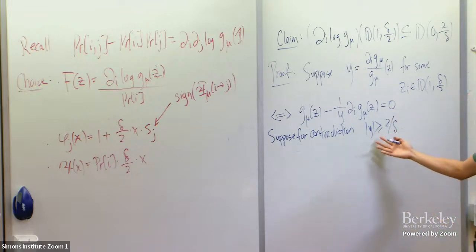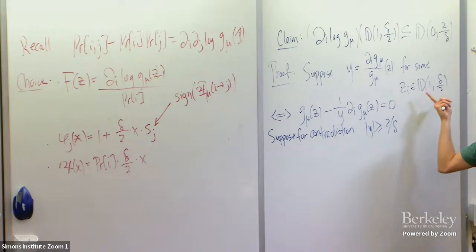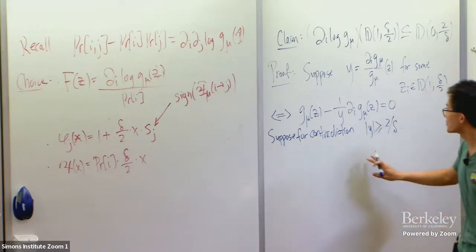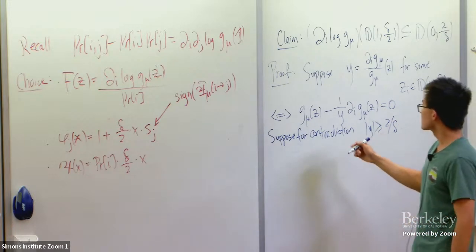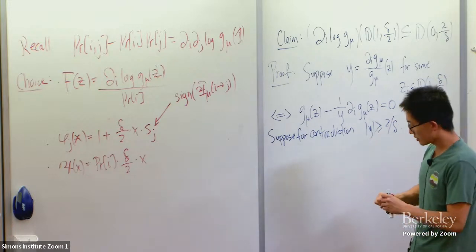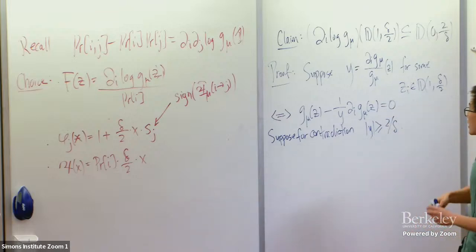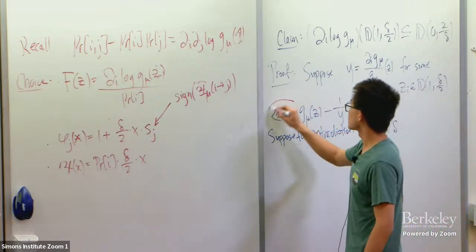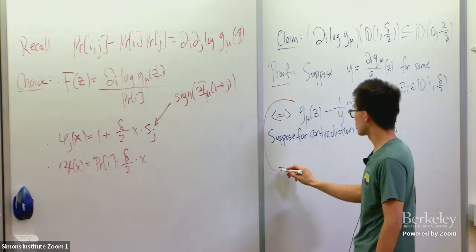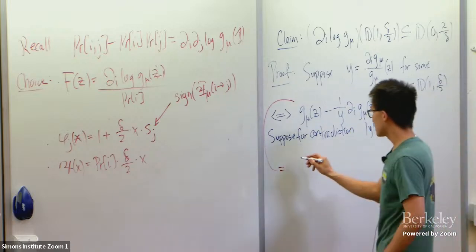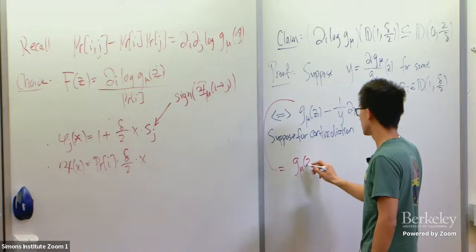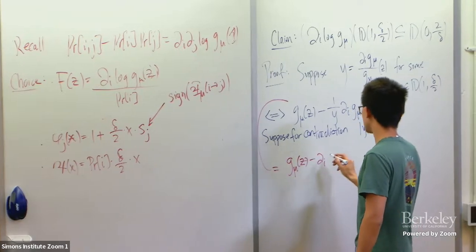Then I'm going to use this to construct a point in this zero-free region at which g mu is 0, which is a contradiction. Right? Okay. So there's a kind of a trick here that happens. I'm going to add and subtract the following quantity. So this thing is equal to by g mu minus the partial